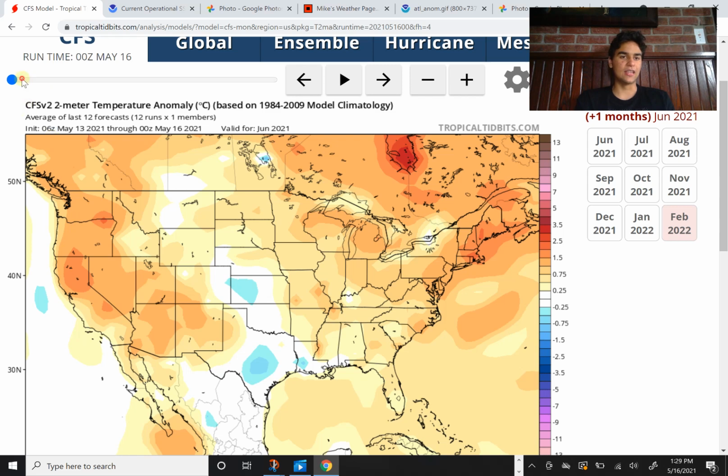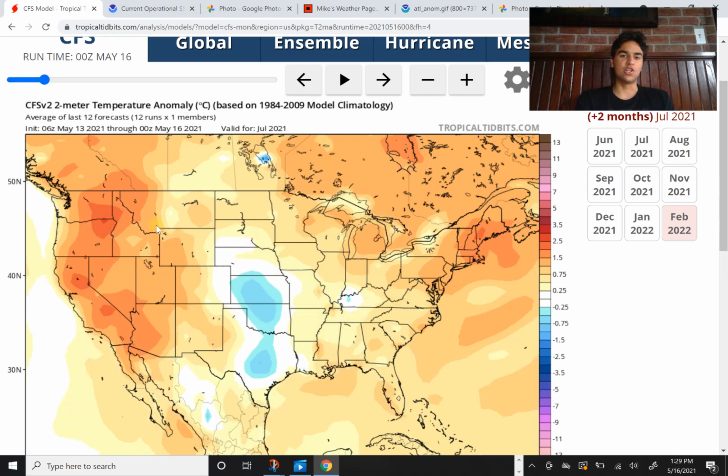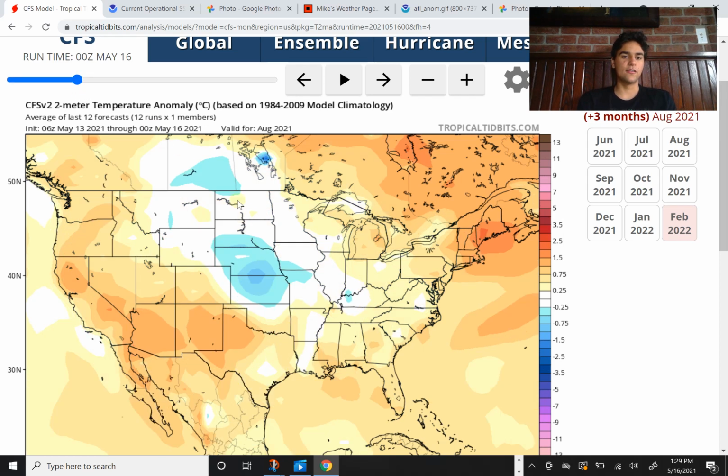And taking a look at the next month, you're going to see that in July, the warmer than average temperatures continue for a lot of the United States, from the West Coast all the way into the East Coast. So those sea surface temperatures will certainly rise as the temperatures rise into the summer, and then headed into the month of August, which is considered a very active month,